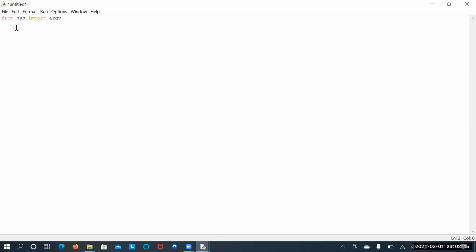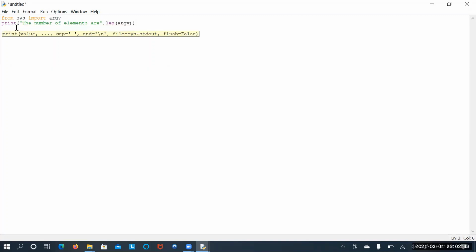After that, I am going to print the number of elements. We have the len function to print the number of elements.